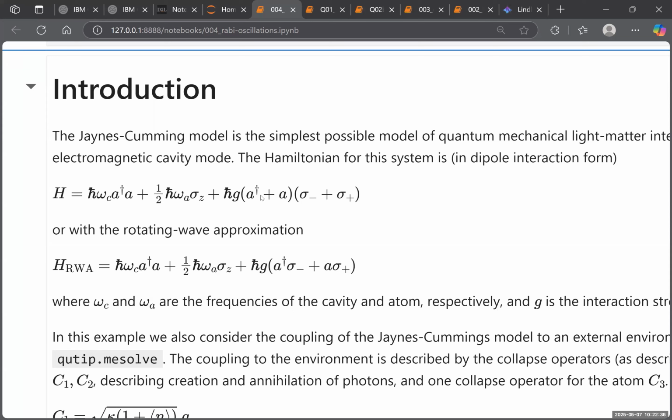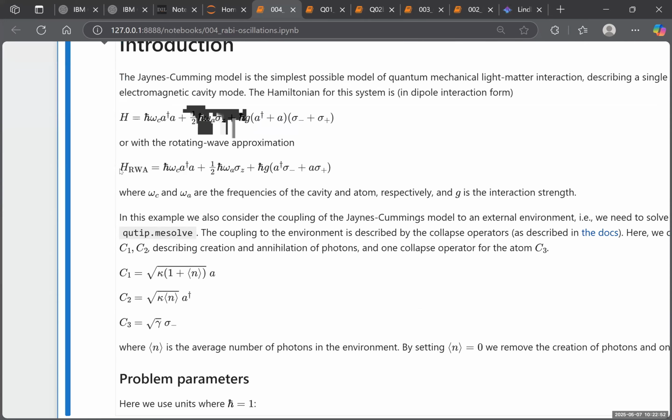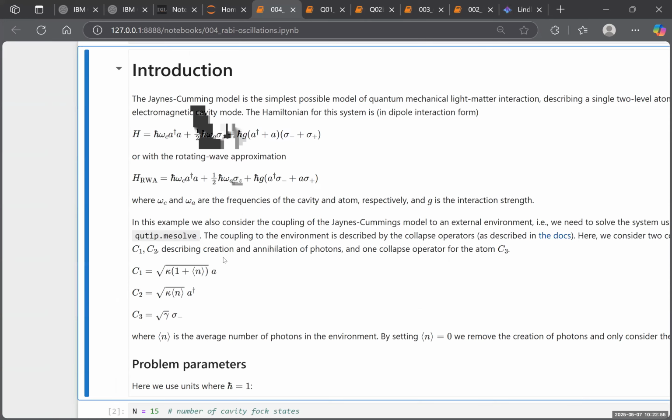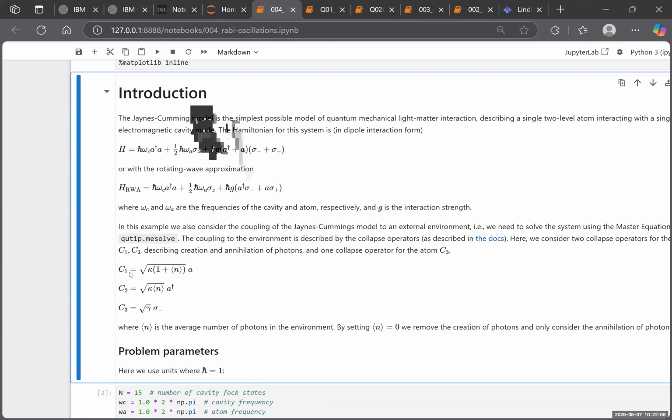because with this a dagger and sigma plus, you create a photon and also move your level up. That's not physical, so you can drop that. So you're left with this. This will be the equation we're going to use. And there are jump operators. For example, C1 is you annihilate photons, which corresponds to you raising the level of your qubit